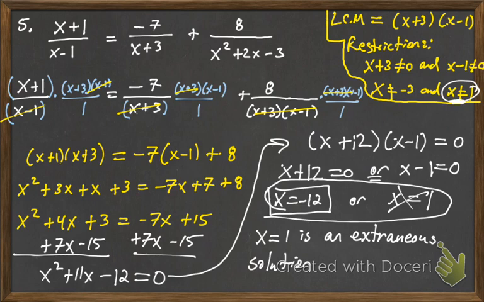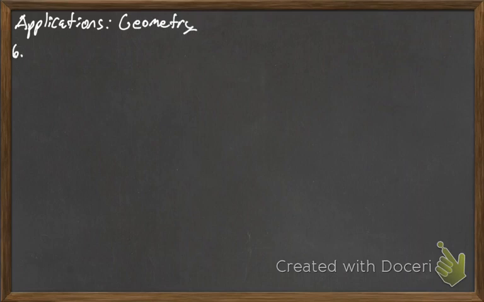Okay, so that concludes some of the factoring examples in terms of just math problems. Now we're going to get into some applications. We're going to look at a couple of applications of geometry, and then we'll get into a few of the uniform motion problems. So let's see what we got going on for the applications here. We'll do two geometry type problems, and then we'll look at uniform motion. Okay, so number 6 says,